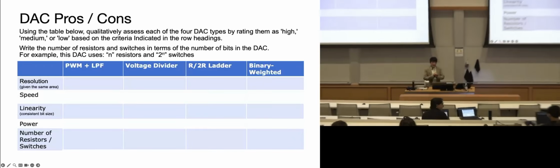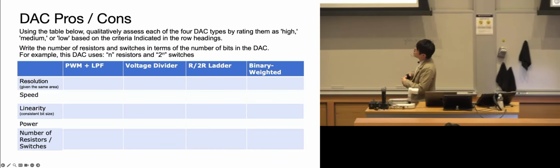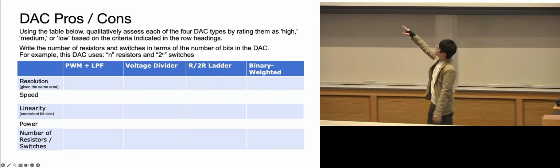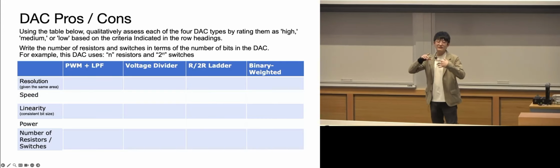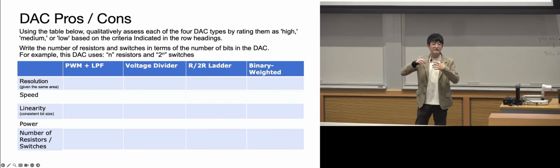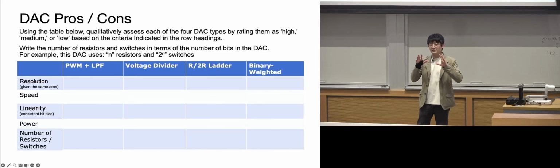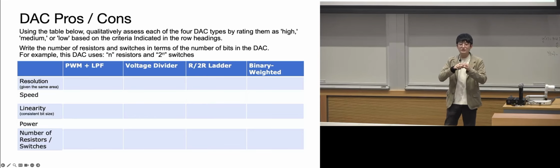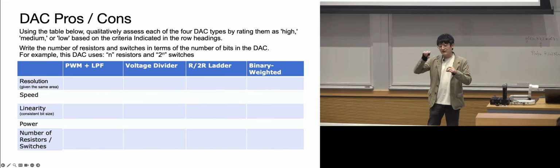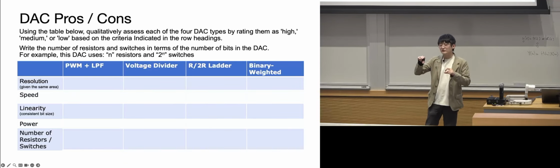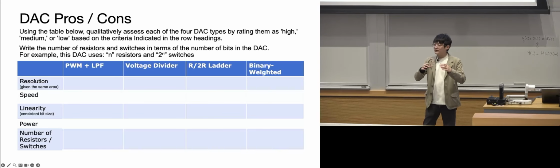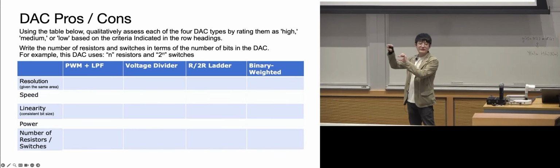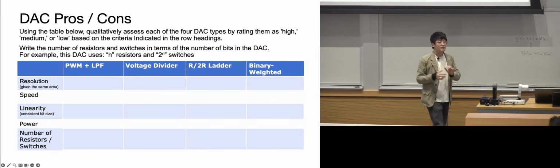All right, let's look at it together. A little clarification on the linearity. It basically means how consistent the value changes are between each step. For example, if the digital value is increased from 001 to 010, what's the value of that increase in the output voltage compared to, say, the value from 010 to 011. Essentially, how accurate each of these steps is.